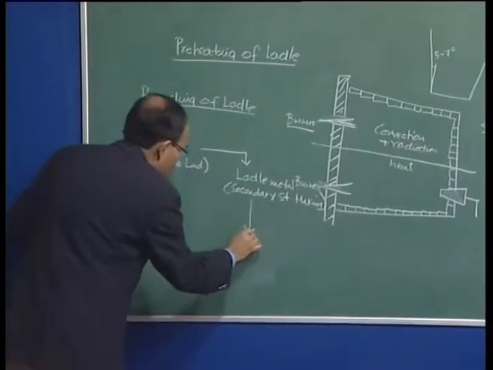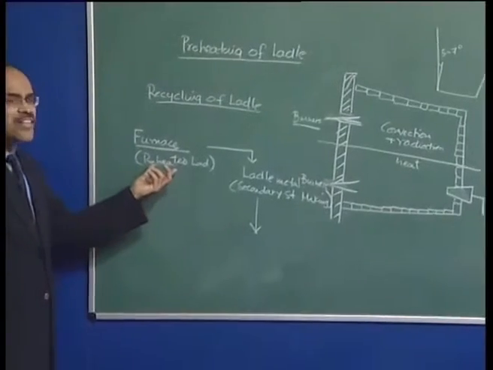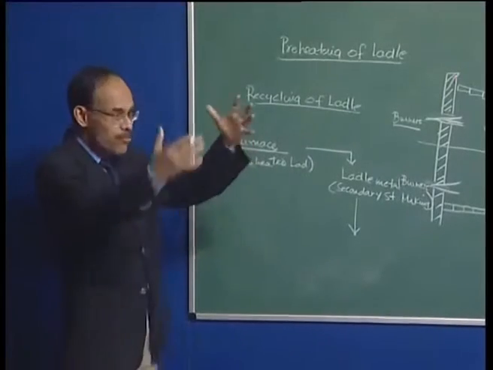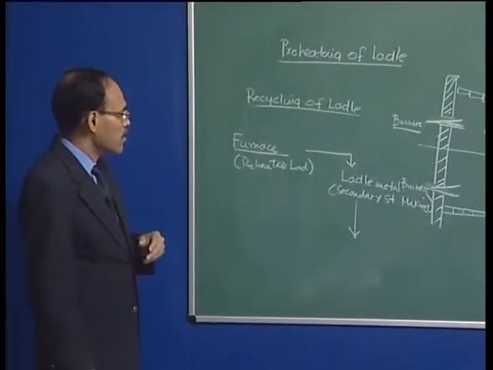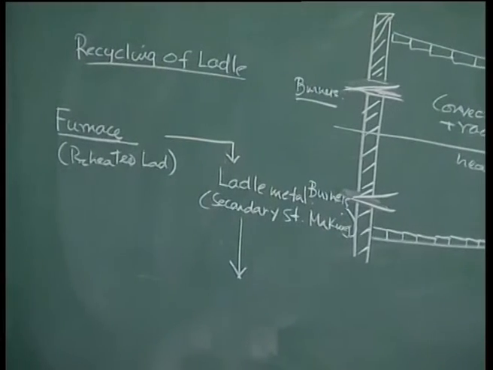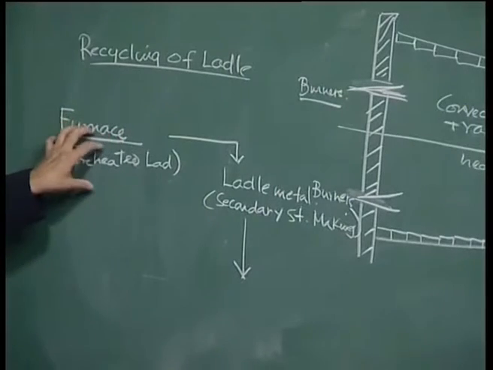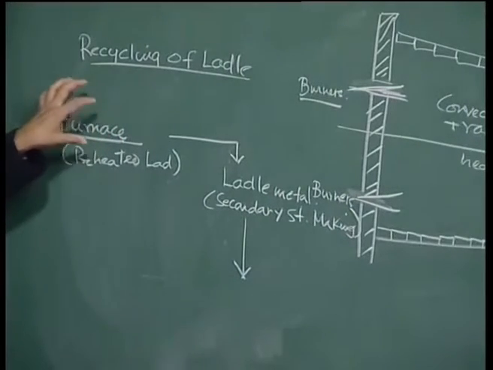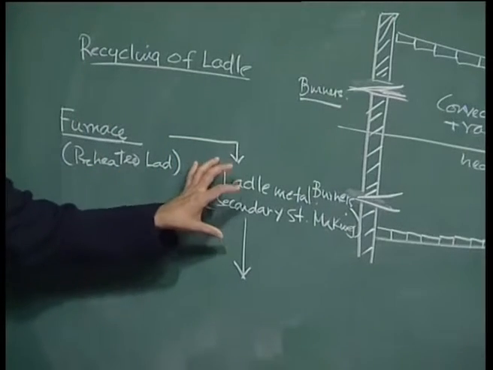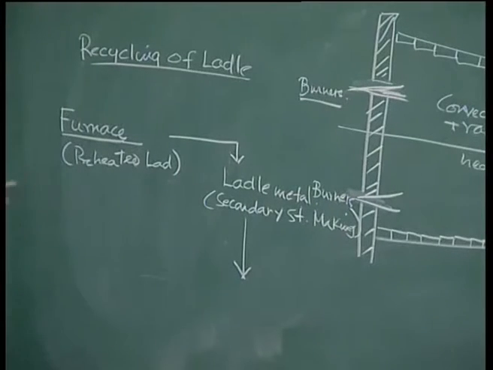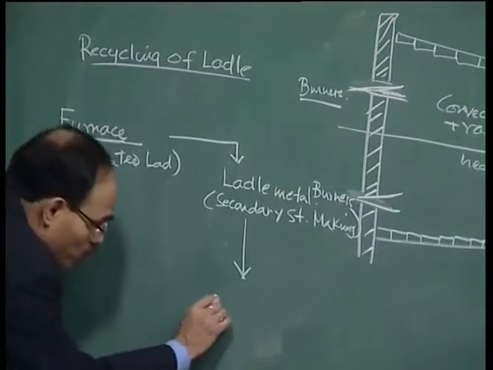From there, the tapping operation can be, if you are casting, tapping maybe about 8 tons, 7 tons per minute or something like that. In that case, you can fill up the ladle in less than 10 minutes if it's a 50-ton size. So we are talking about 5 to 10 to 15 minutes duration here for the tapping operation. Furnace could be about, again, 30-40 minutes, and then ladle metallurgy duration here could be about 60-70 minutes. And once all the secondary steel making operations are over, assuming that we require degassing, LF operations, ladle furnace operations, or heating operations, injection metallurgy, everything, then we go to the continuous casting.